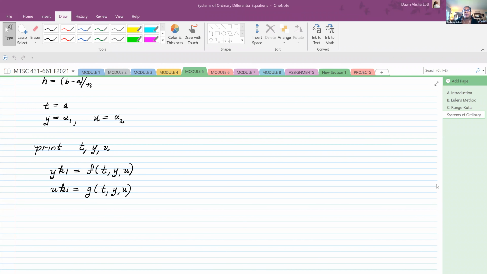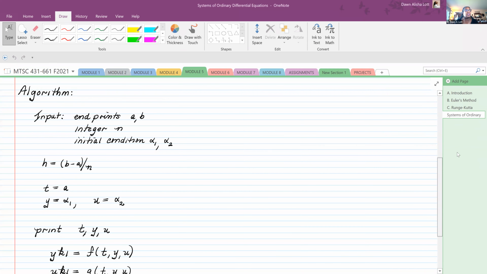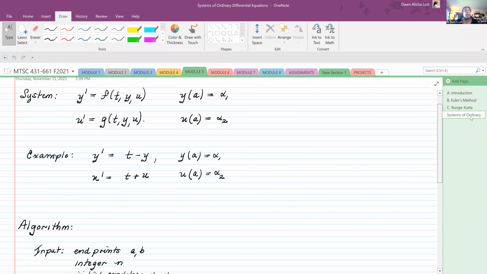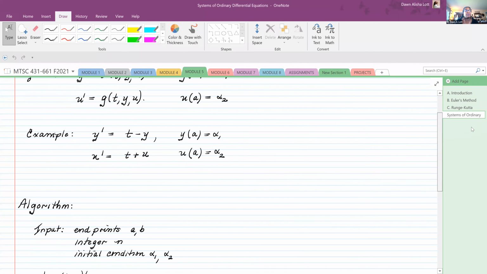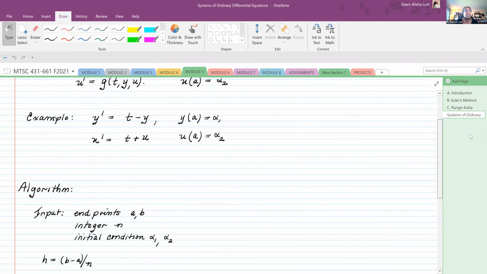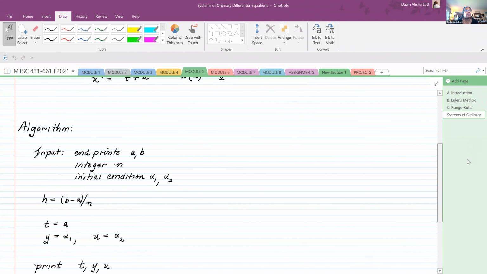All right, so where we left off was that we were writing the algorithm for a system of equations and what it would look like. And so we had a system of equations that is y prime is equal to a function f of t, y, and u, and then u prime is equal to another function g of t, y, and u. And so then I gave an example of what it might look like. And then for the algorithm,